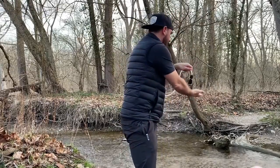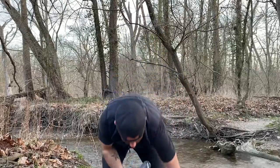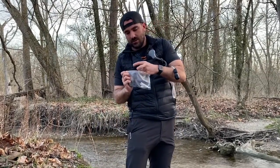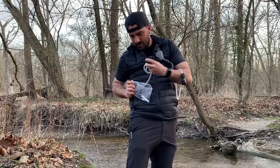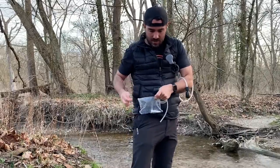And then we're in a pretty shallow area. We're gonna try to find the deepest area. Right there. Yep, it's over by the log. And then this is your outlet, and there's a couple different ways you can use it. I'm only gonna show you the one. But this little piece right here,